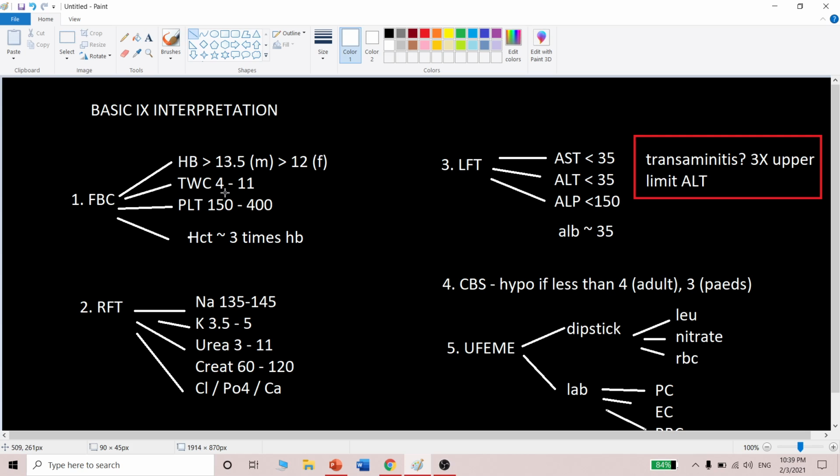Okay, but also bear in mind that a normal total white cell still doesn't exclude infection. So some patient are immunocompromised, for example, macam diabetic patient uncontrolled, cancer patient on chemotherapy, sometimes dia punya respond towards infection tu tidak seperti orang normal. Okay, so normal white cell doesn't exclude infection.